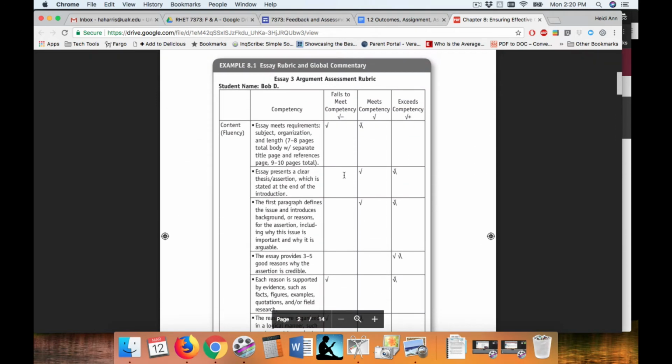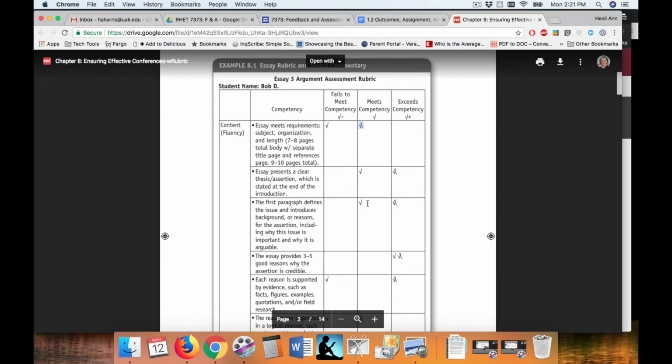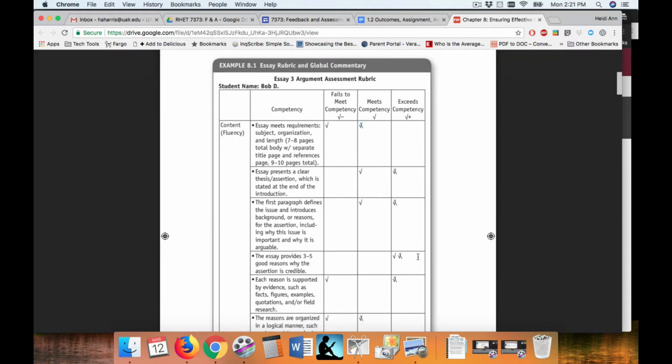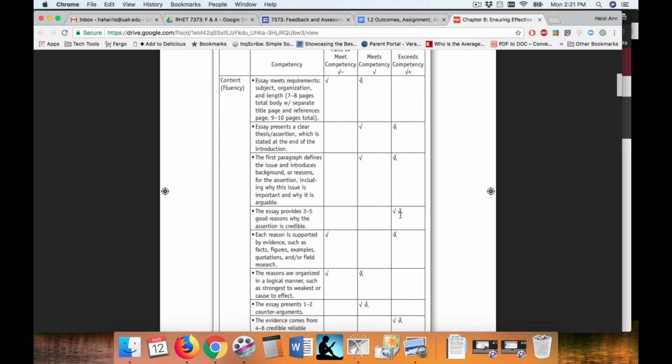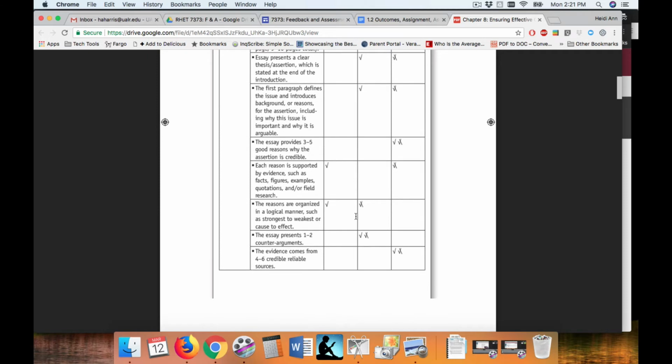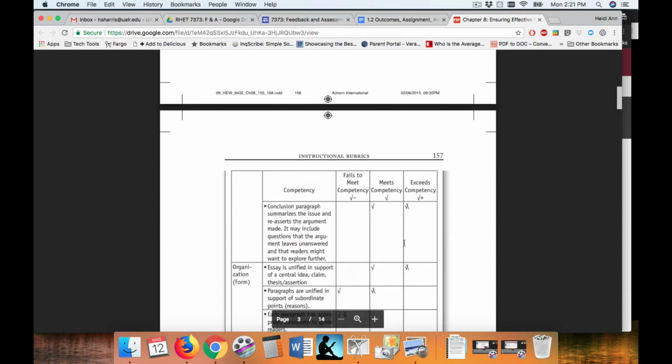Basically, she works from higher order skills, so content, organization are the highest order skills, down to lower order concerns. And how she uses this rubric in practice is for every time she gives the student feedback, she gives them a check mark in the area that they meet on that revision of the assignment. And then as she assesses that or gives additional feedback, she modifies that. So this would be where the student started on essay meets requirements for length, and this is where the student wound up. So she uses the same rubric twice